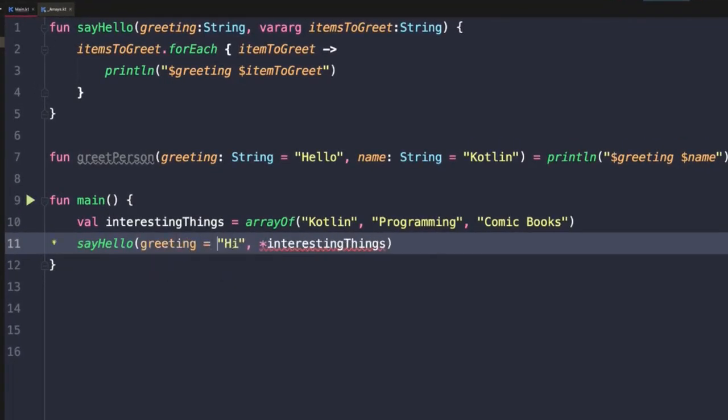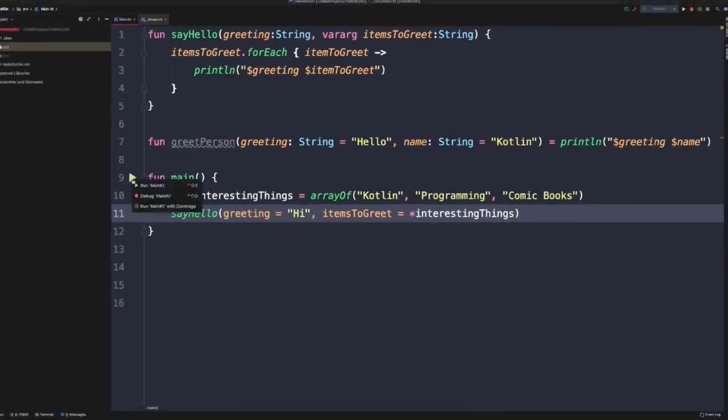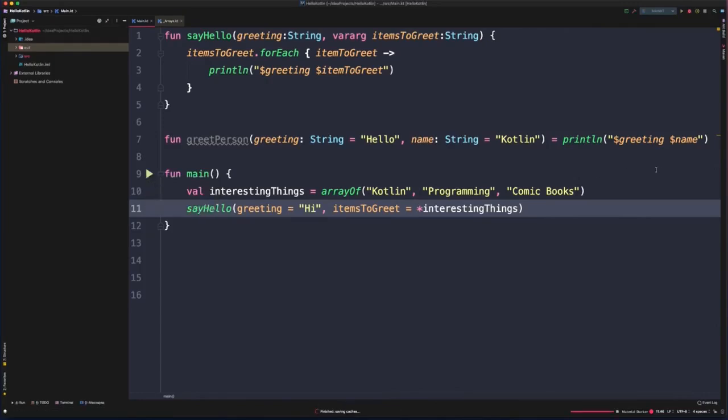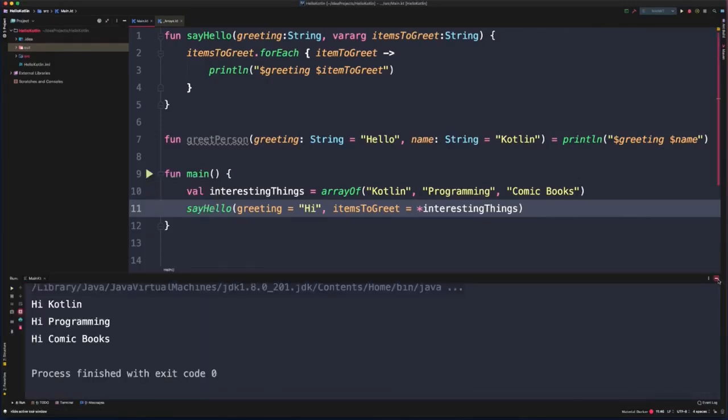greeting equals hi. However, as soon as I add the named argument syntax to the first parameter, I get this error saying mixing named and positional arguments is not allowed. So this is one of those limitations. As soon as you use named argument syntax for one argument, everything that follows must also be named. In this case, I could fix this by saying itemsToGreet equals, and now I can run this again,